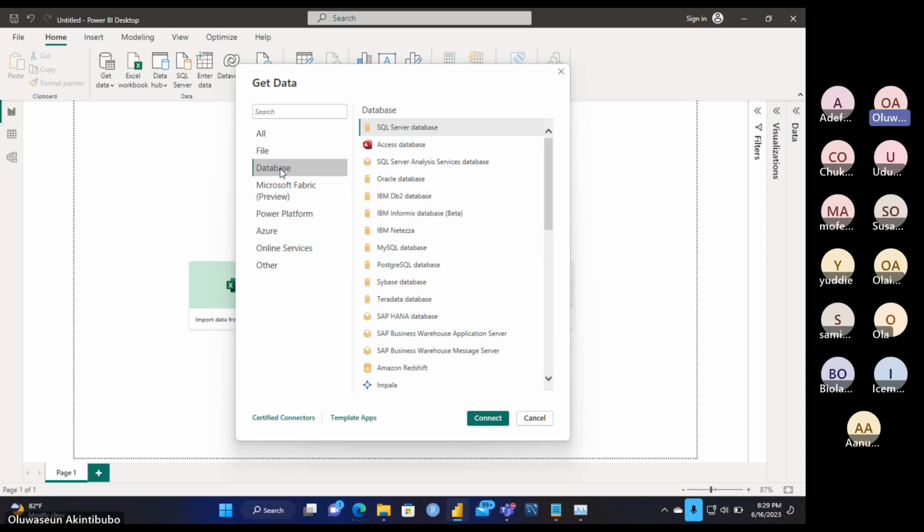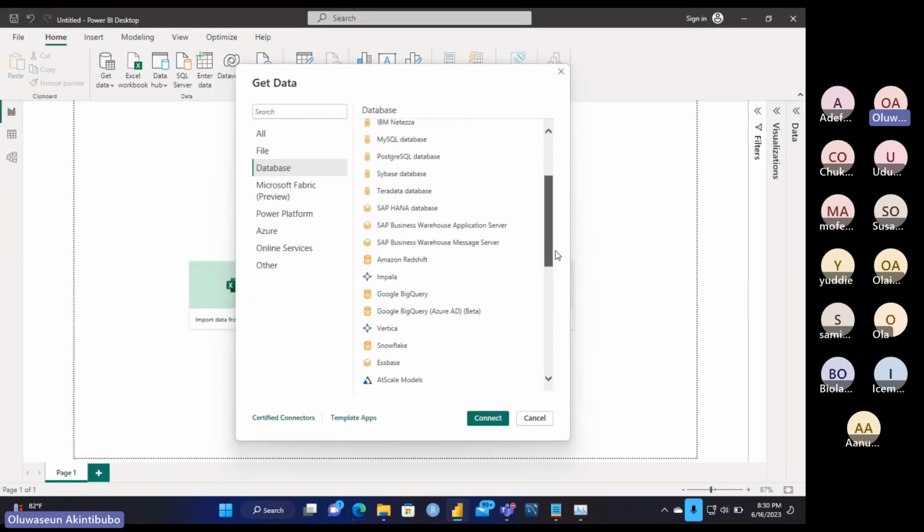Can you see SQL Server database, Microsoft Access database, SQL Server Analysis Services database, Oracle database. You can connect to an Oracle database. You can connect to an IBM DB2, an IBM Informix database. You can connect to IBM Netezza, right? Of course, our MySQL is here as well. Postgres, Sybase, Teradata, SAP HANA database, and so on, and SAP Business Warehouse Application Server, and so on and so forth. Redshift, Impala, can you see Google BigQuery,